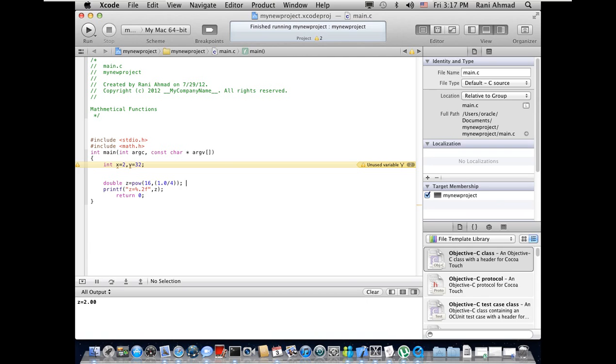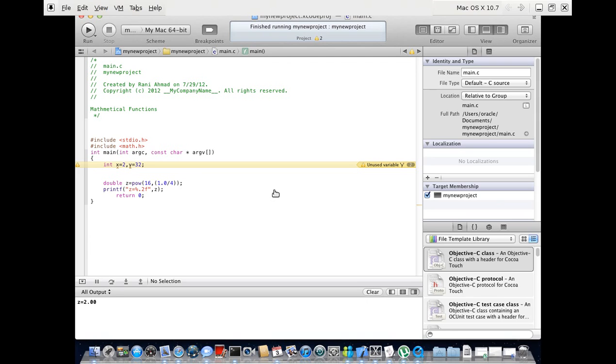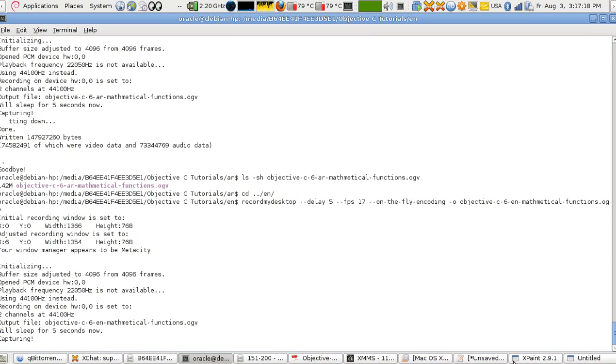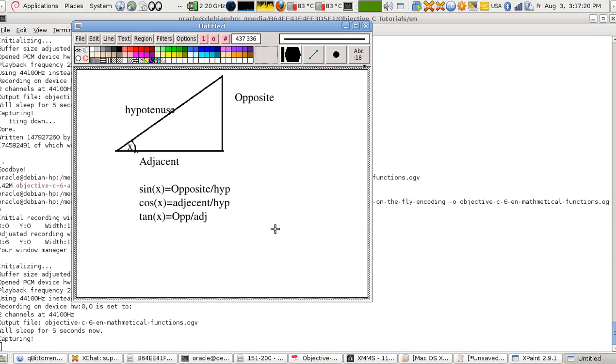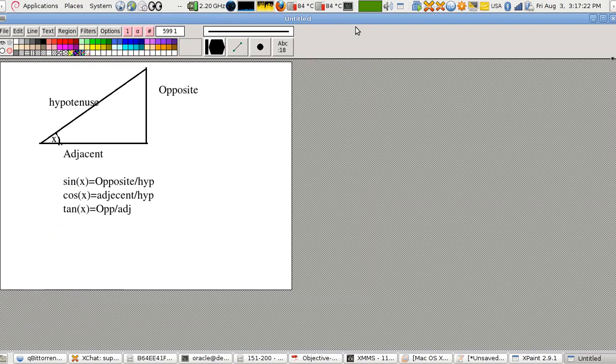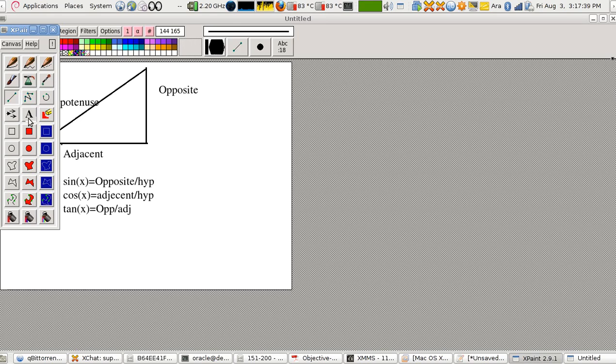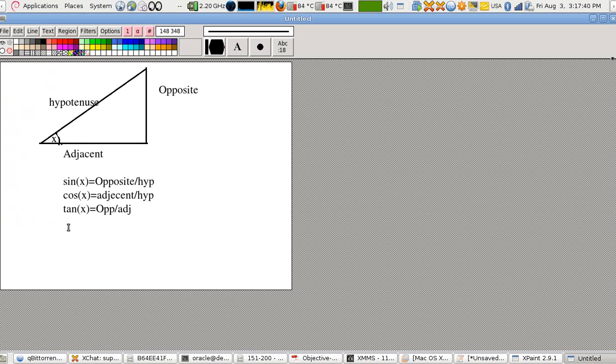Now going to trigonometrical functions, okay? Now before that I want to explain this to you, okay? First, what's the cosine, what's the sine, what's the tangent of an angle? Those are all related to angles, okay? And I must add also